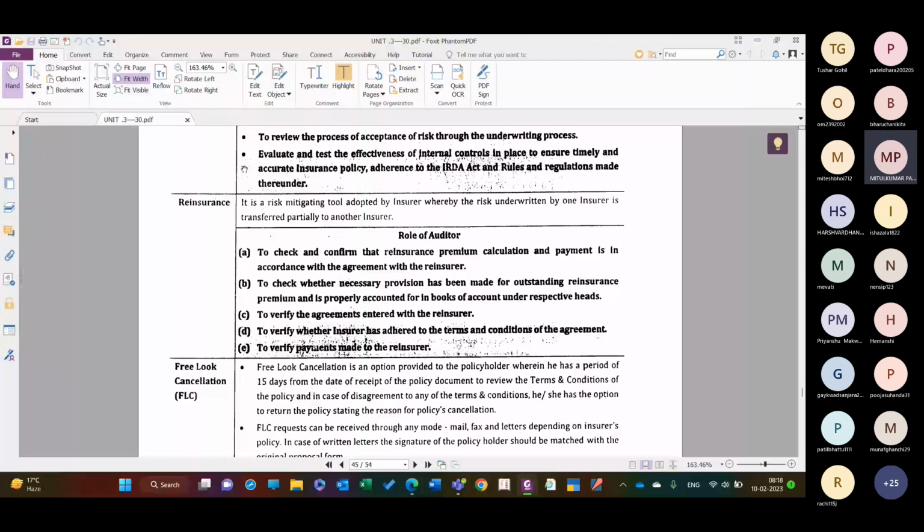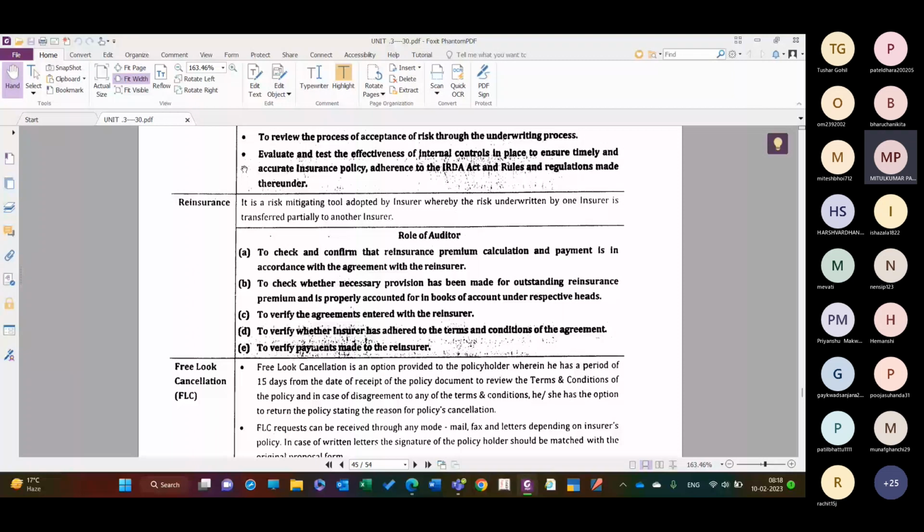Amitabh Bachchan, and some unfortunate event happens and Mr. Amitabh Bachchan dies. Then in those circumstances the insurance company has to pay 500 crore rupees, which is a big amount, right? So in those circumstances, one insurance company can reinsure with another insurance company. So two or three insurance companies come together, right?